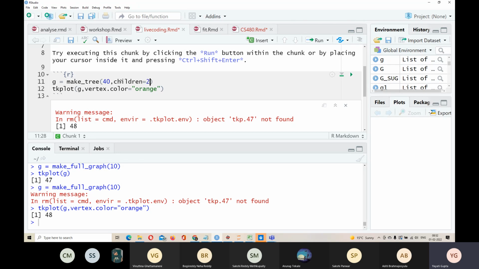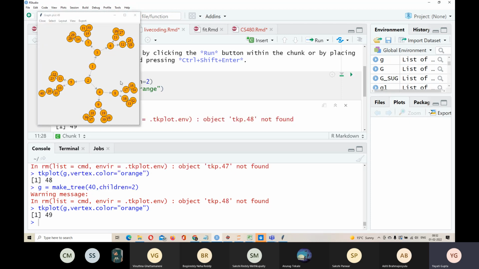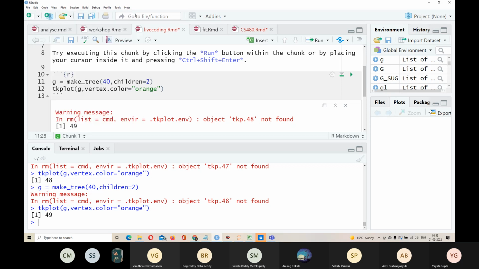So let's say each node has 2 children, and you can choose to have it directed or undirected. Right? If you do this, you can look at this graph. So it gives you a tree where every node has 2 children. Okay, so these are some inbuilt graphs, and then there are more graphs which are based on specific models.